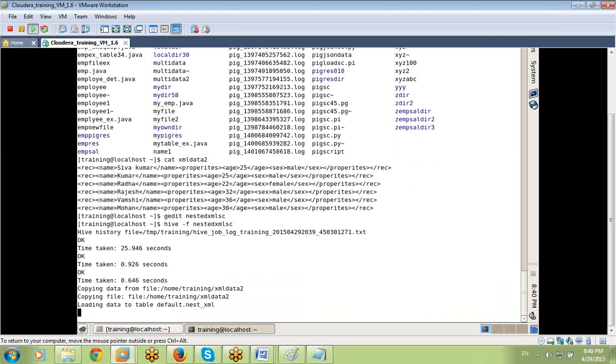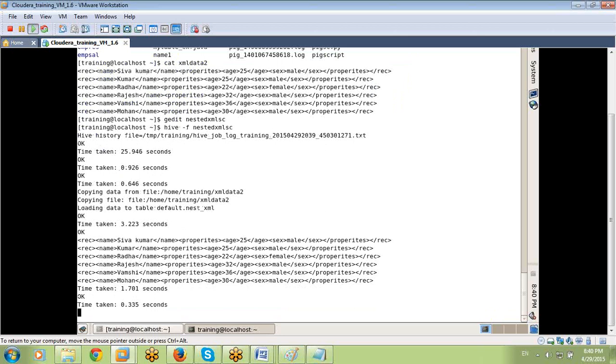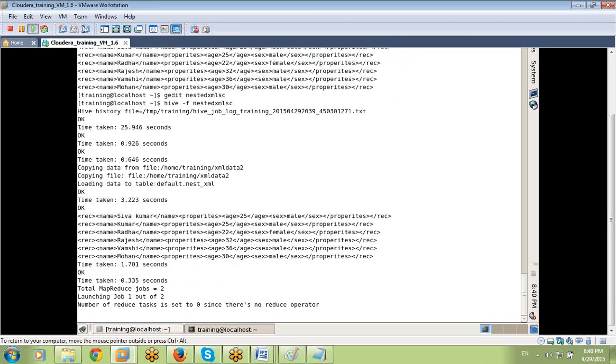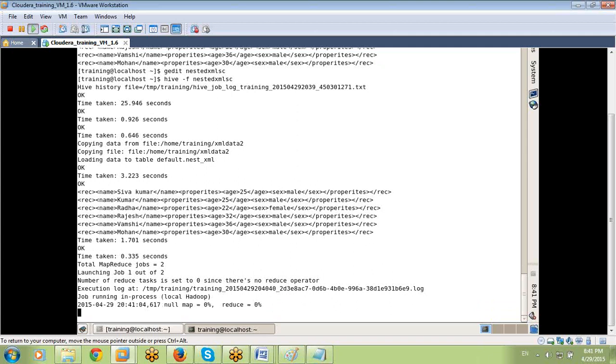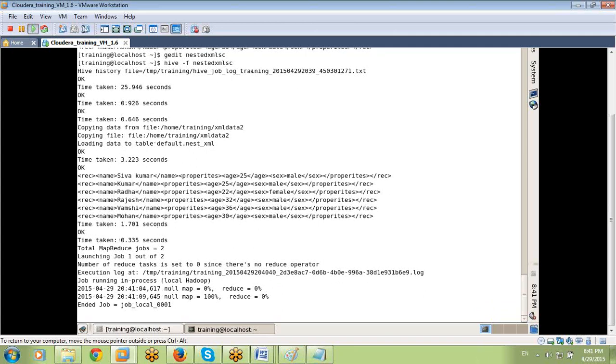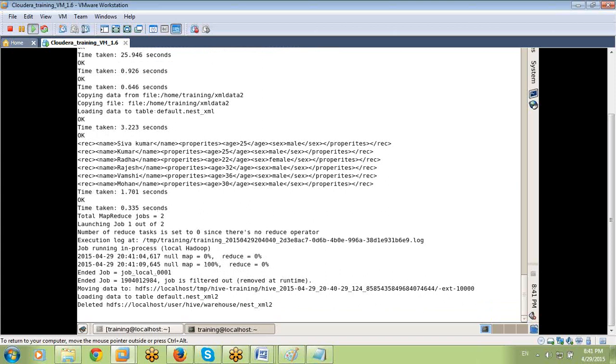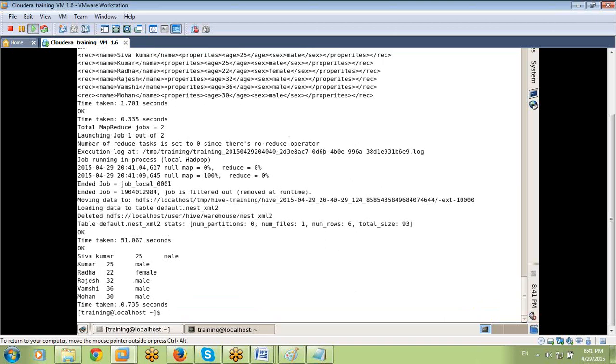Yes, all queries are running one by one sequentially. So clearly we are cleaning that data and converting it into table format.